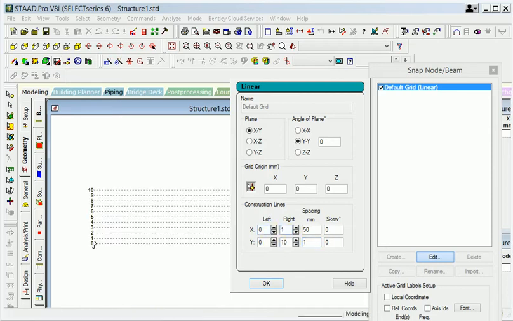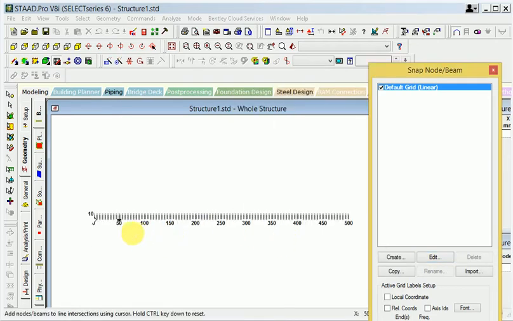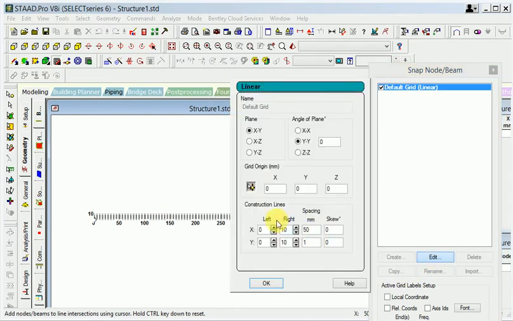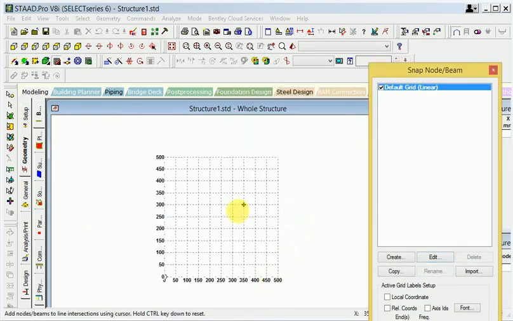If I change the 10, it comes to 500. Then again I will go to Y direction, so let's 50 again. So now see 0 to 500 and 0 to 500, with distance between them 50, 50, 50, 50.